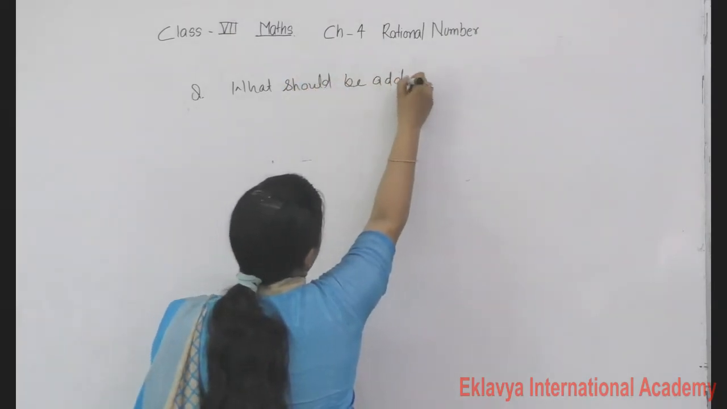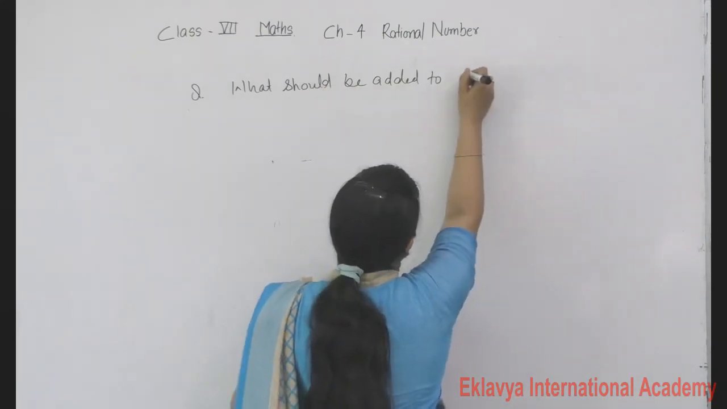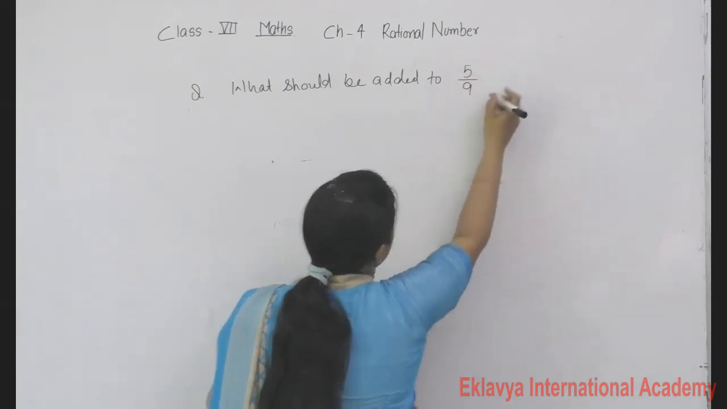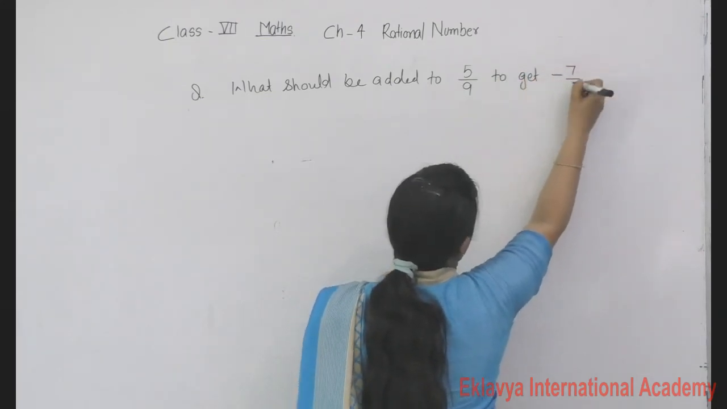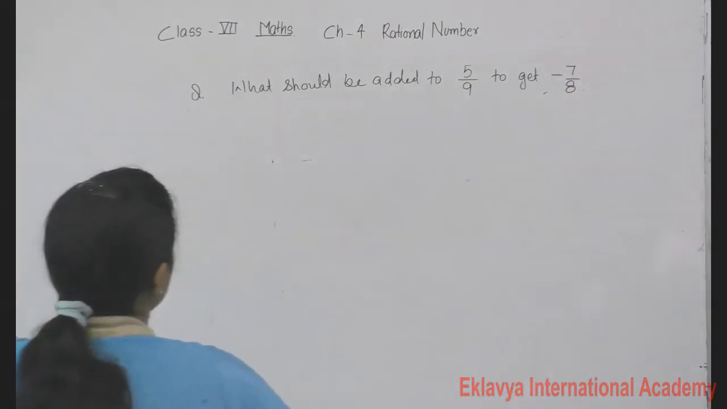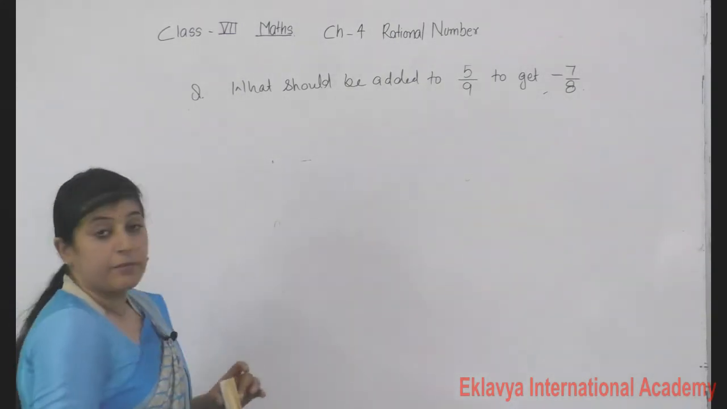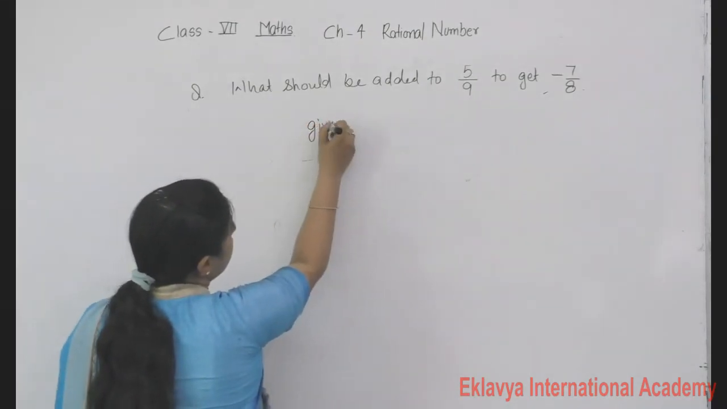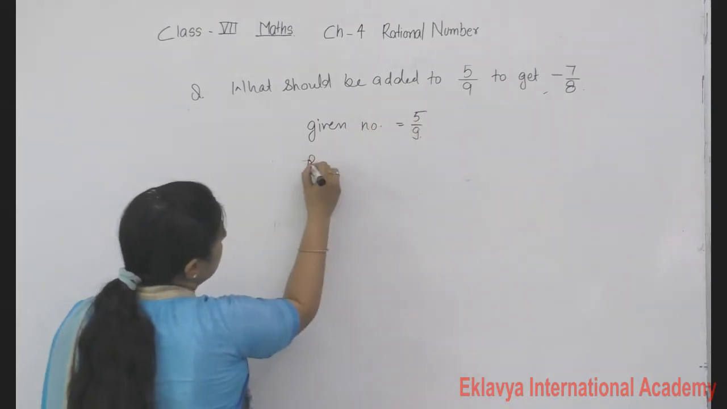What should be added to 5 by 9 to get minus 7 by 8? What should be added to 5 by 9 to get minus 7 by 8? Same process. Now, what is the given number? Given number is 5 by 9. Result